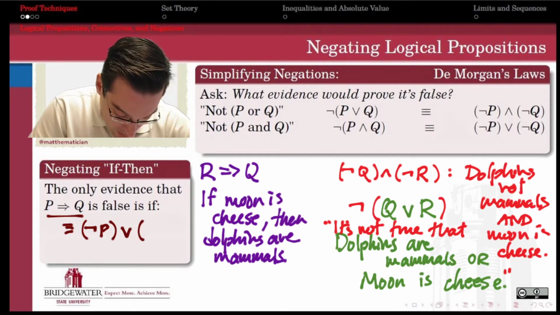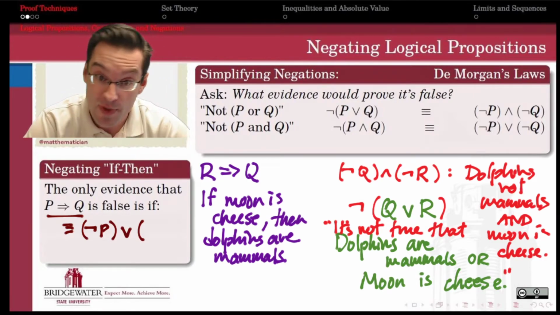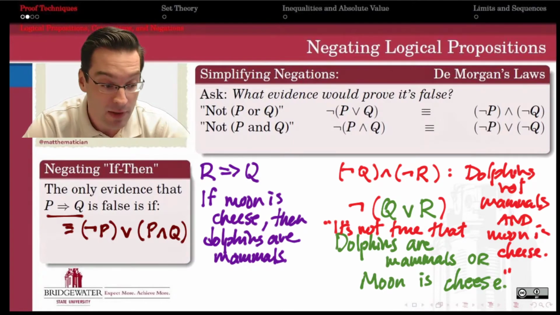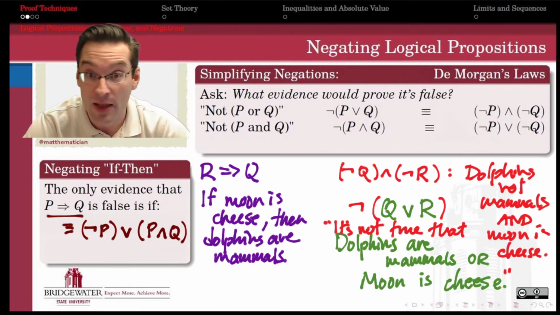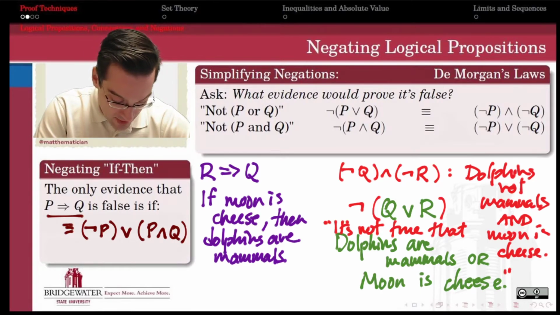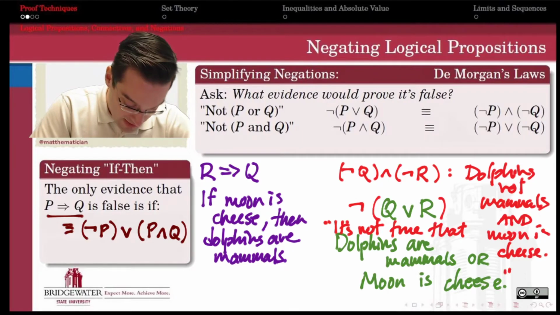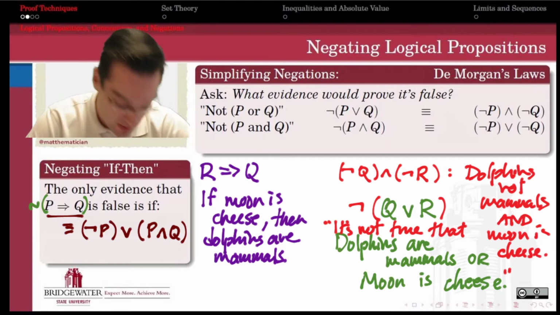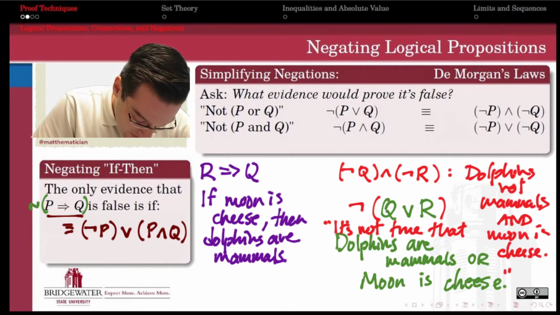And the only other way for an implication to be true is if both the premise and the conclusion are true. So there is a way of writing an implication P implies Q in terms of ands, ors, and nots, the basic elements of set algebra. And so what that does is it actually lets me find the negation of an implication, so not P implies Q. Right? I can do that just by taking not of this whole thing